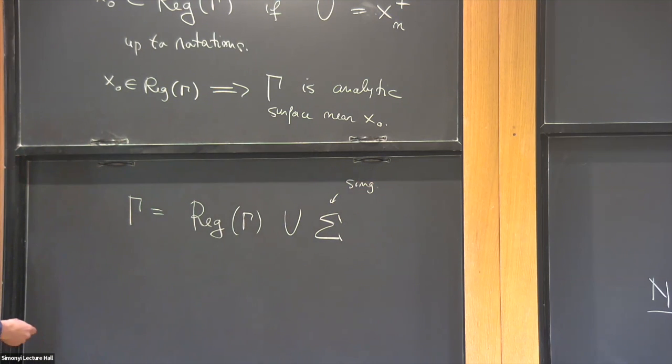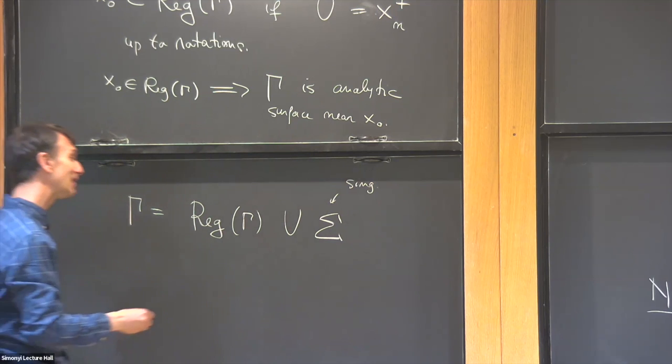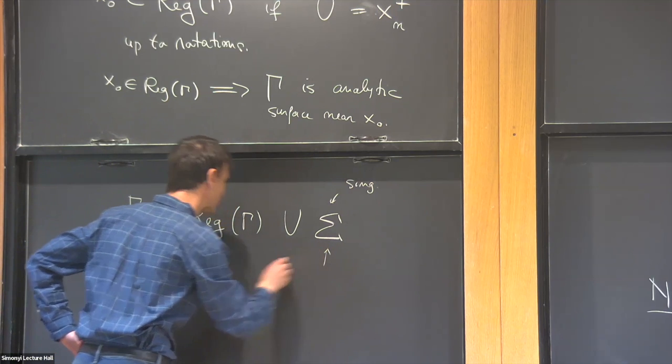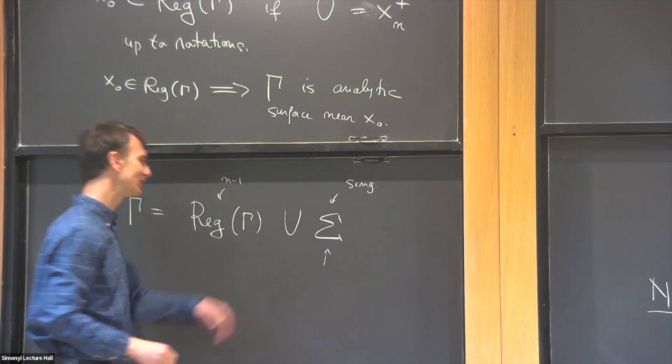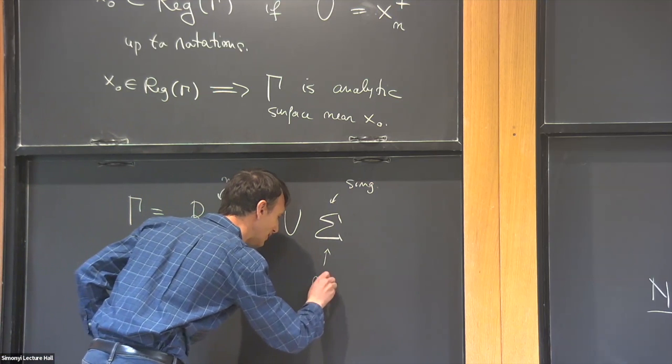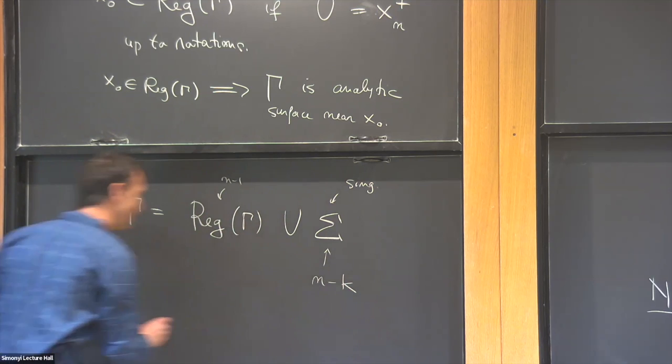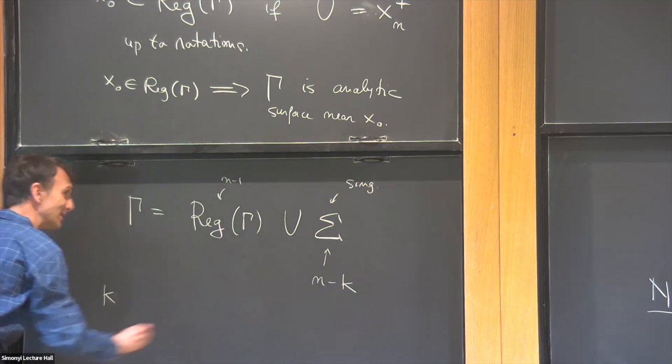What can you say about the singular part? This is the Hausdorff dimension. The regular part is of dimension n minus 1, looks like a surface. But the singular part is of dimension n minus k,